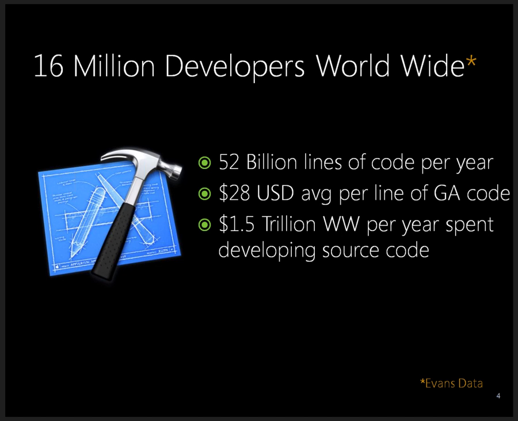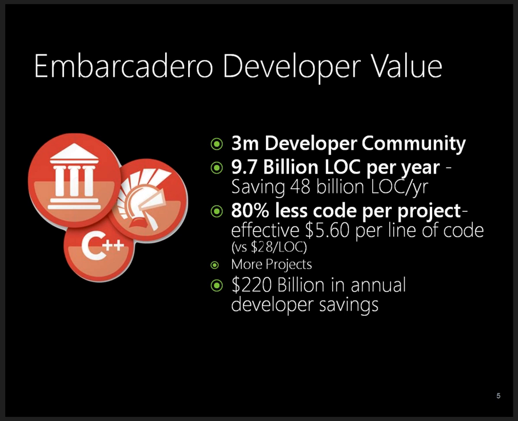So at $52 billion of lines of code being spent each year, that's about $1.5 trillion worldwide per year spent on developing source code. So that's a very expensive proposition, but there's a lot of code being written. And one of the things that we've always done here at Embarcadero, all the way through the pedigree of the